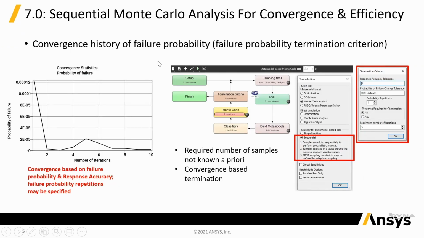So in the past, Monte Carlo task was restricted to a single iteration in LS-OPT. Now you are able to do this